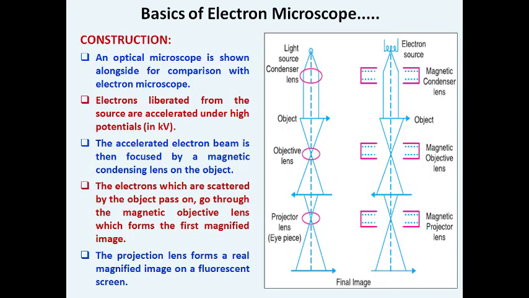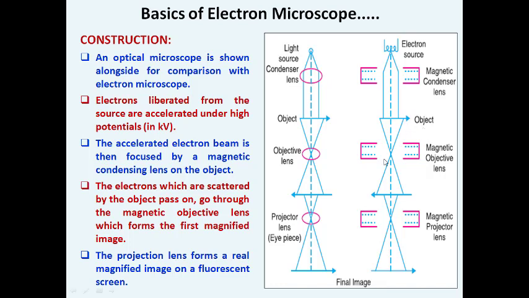Now we think about the constructional features of the electron microscope. You notice that we have an electron source where electrons are emitted. Those electrons pass through the magnetic condensing lens, by which the direction of the electrons is made straight by application of a magnetic field. So all the electrons start moving in a straight line and are exposed over the object at this position. Once the electrons interact with the object, scattering occurs.